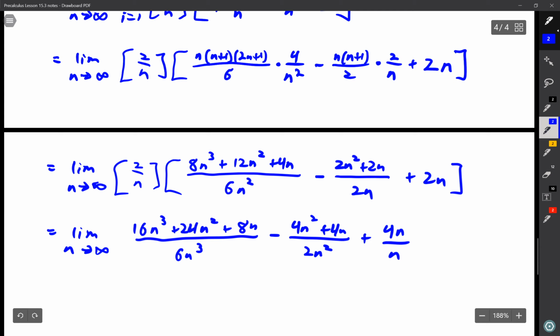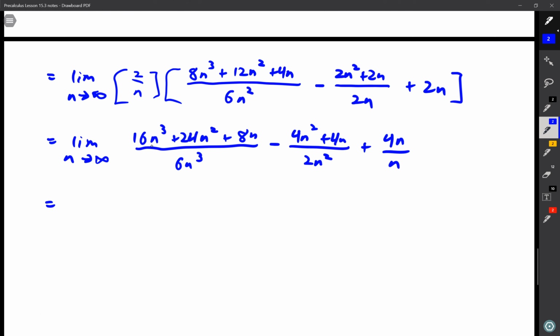Now we can evaluate these limits. And again, we're able to look at just the leading terms. I'm evaluating the limit, so I'm no longer going to write limit, nor any n's. My leading terms here become 16 over 6 minus 4 halves plus 4. And when I see what that is, we get 16 sixths, that's 8 thirds. So that's 8 thirds minus 2 plus 4. That's the same thing as